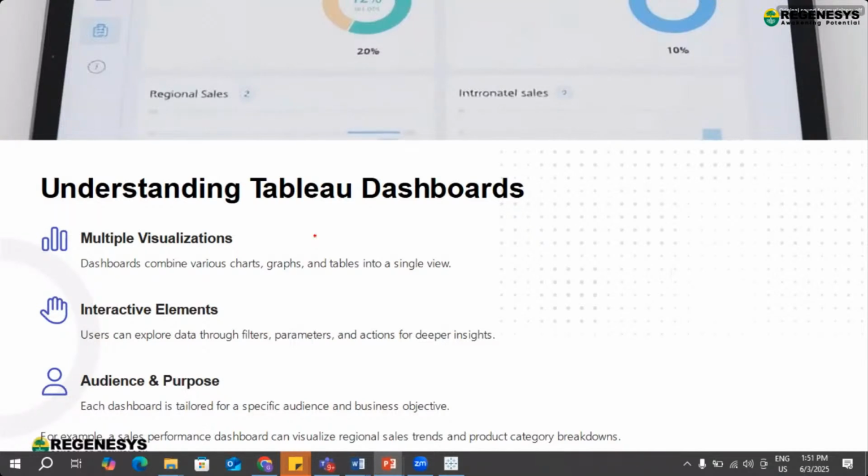So you can create two dashboards, one with those two graphs and another with the remaining three graphs. So this is audience and purpose: what is your audience and what do you want to show. Based on that, you can create the dashboards.